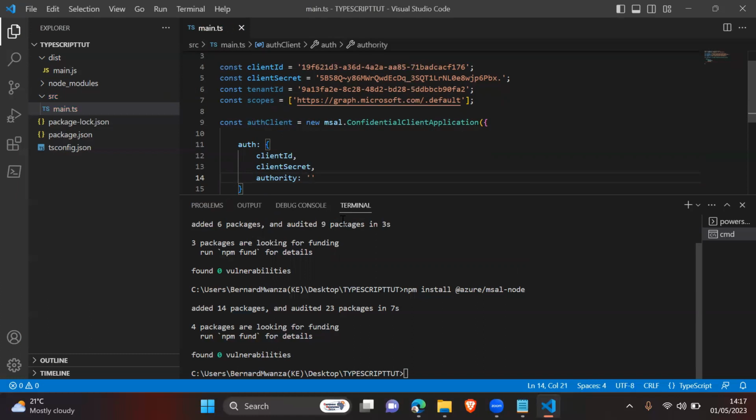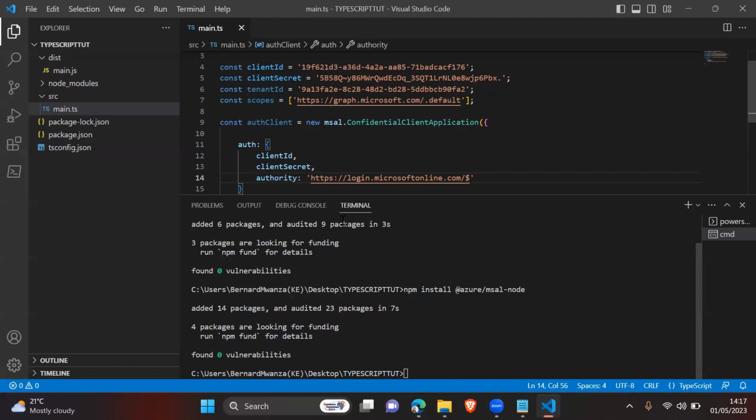Authority is going to be https://login.microsoftonline.com/